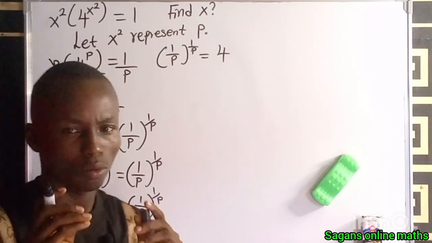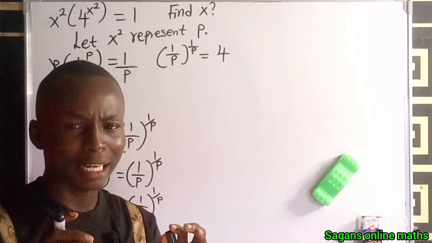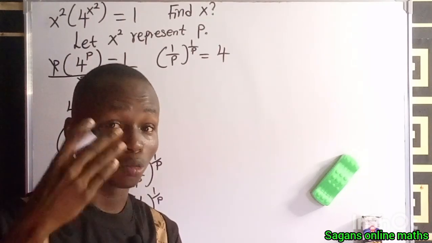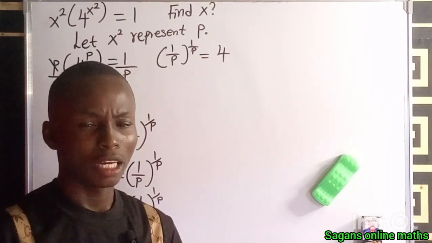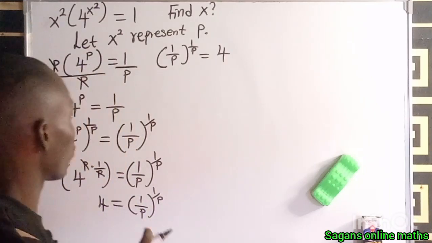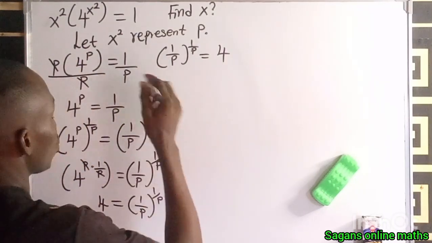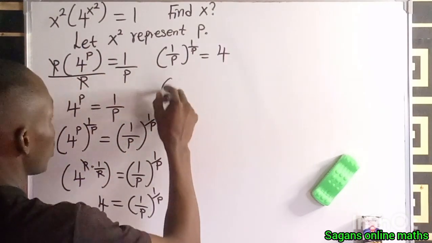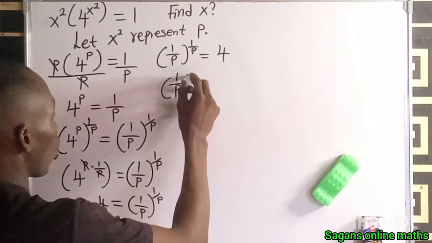Let's look at 4 in index form. Remember that 4 in index form simply means 2 to the power of 2, because 2 times 2 is 4. We can write 4 in index form as 2 to the power of 2. That means 1 divided by p, all to the power of